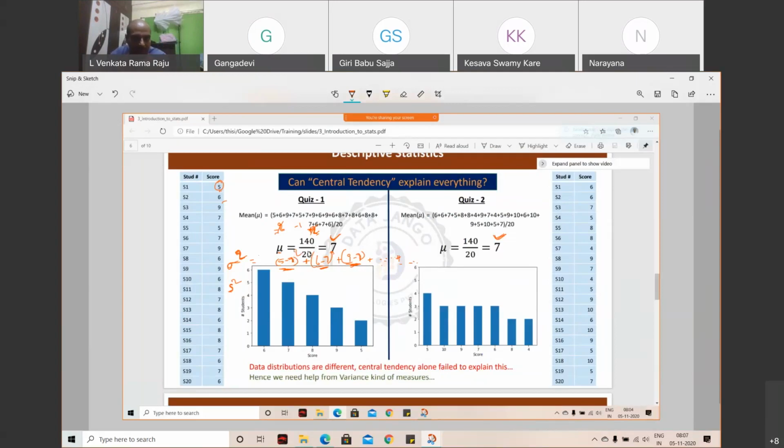Let us square this, and this, and this. When you square, what happens? This minus 2 becomes 4. This 2 becomes 4. This 1 becomes 1. When you square it, the negative symbols will go, the positive symbols will go, and everything gets summed up. That way, you will have proper distance. Whether it is negative or positive, it is distance, right?